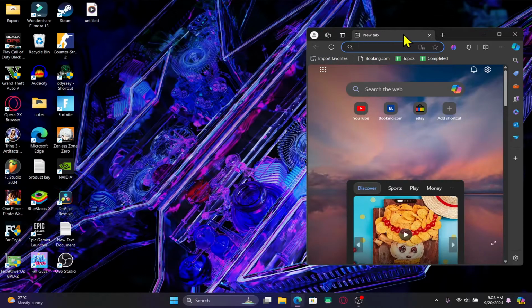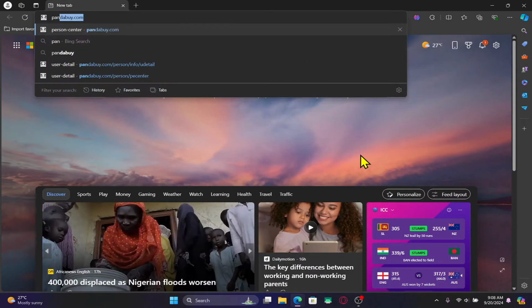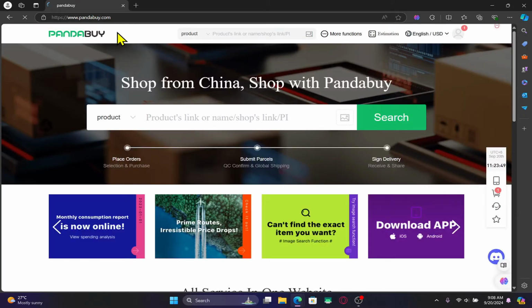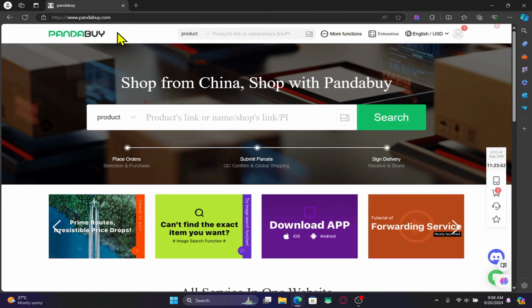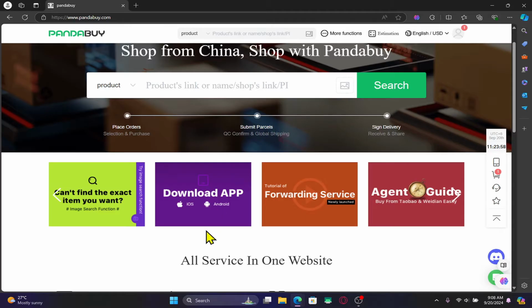First of all, open up your web browser within which you have not logged out from your PandaBuy account. Now in the address bar, type in pandabuy.com and press enter. You will now be taken into the official PandaBuy website. Now since you have not logged out, you will directly be taken into your homepage and you can start making